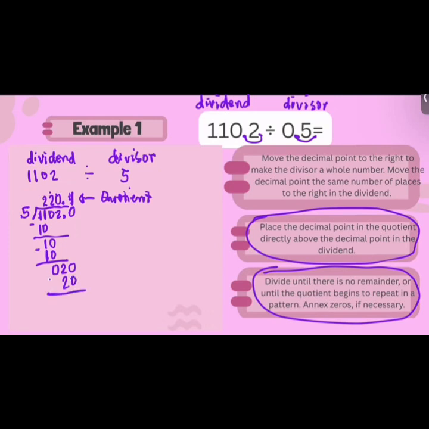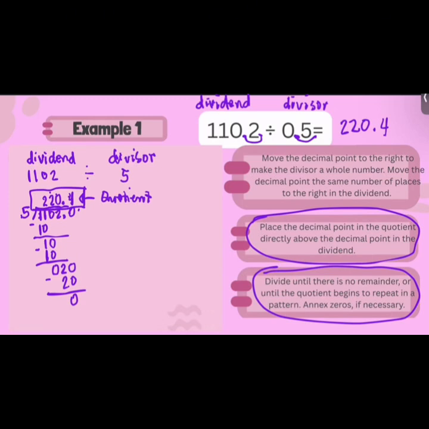Then, 20 minus 20 is equal to 0. Wala na po tayong next digit. So, wala na rin po tayong i-bring down. Therefore, wala na po tayong remainder. So, our answer now is 220 and 4 tenths. So, kung ano po yung number na nasa taas ni division bracket, that will be our quotient